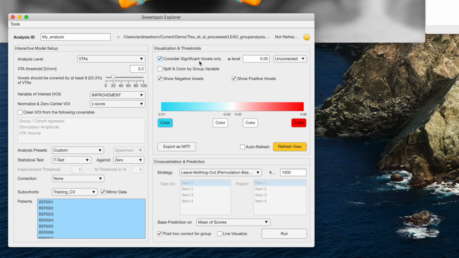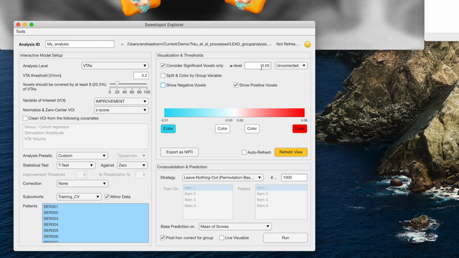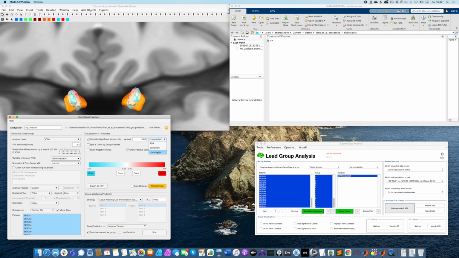Okay, so what we could now do is show only the significant voxels in an uncorrected fashion. And let's say we just want to see the positive voxels now. So this way, each voxel will be tested. We can refer to this as a masked univariate t-test, because we do the same test for every voxel. Since we do these multiple comparisons, we should correct for multiple comparisons, but this won't really work in this case, right? So that's why all this literature emerged, maybe starting from the Eisenstein 2014 paper,